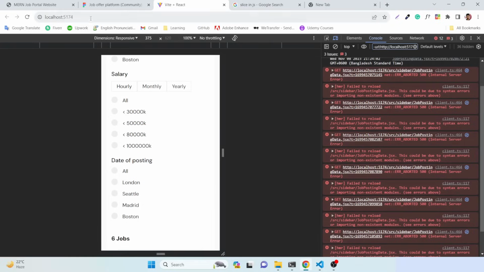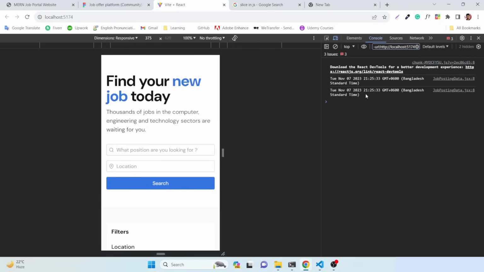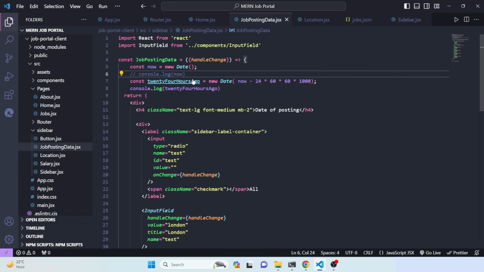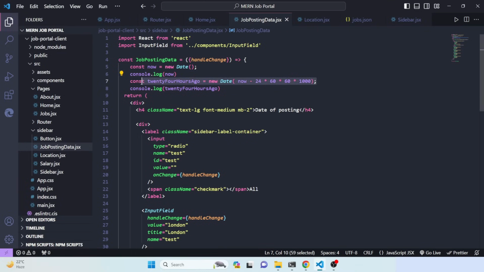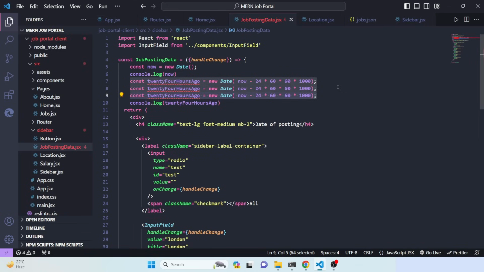Okay, so refresh it, then you can see this is 7th November. Now here you can see 8th November. So you are getting the data of 8th November. If you just console the now and refresh, then you can see this is now and this is the previous, 8th November, 7th November. So by doing this, actually we're getting the previous 24 hours data, and we need it for 7 days, and